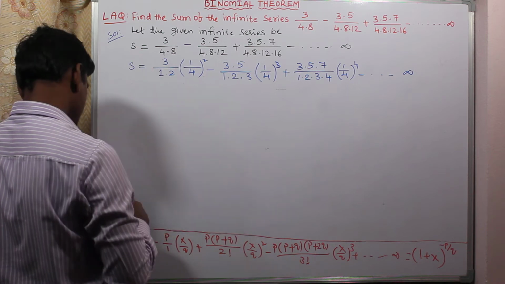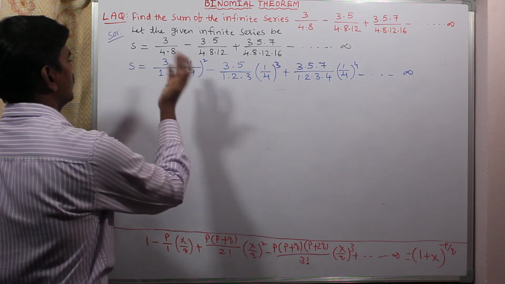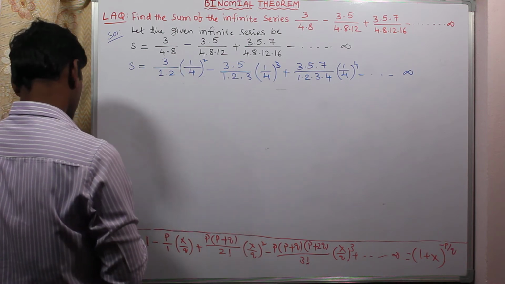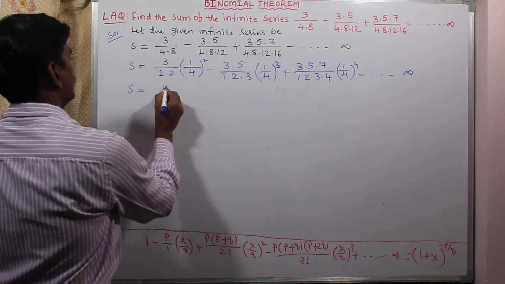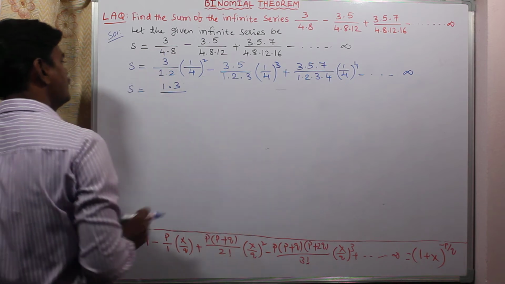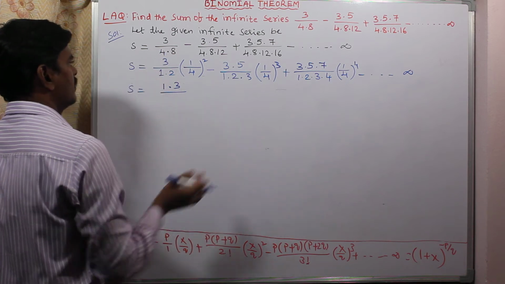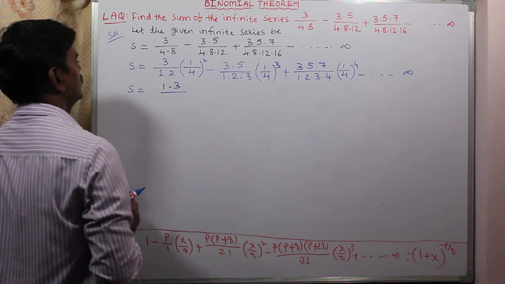We can write 1 easily because there will be no change in the expression on multiplying and dividing with 1. So that's why I can clearly write 1. 1 into 3 by 1 is missing, that's why there is no problem. If any number other than 1 is missing, you have to go for the multiplying and dividing concept.